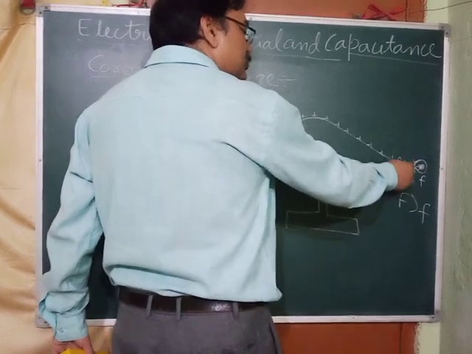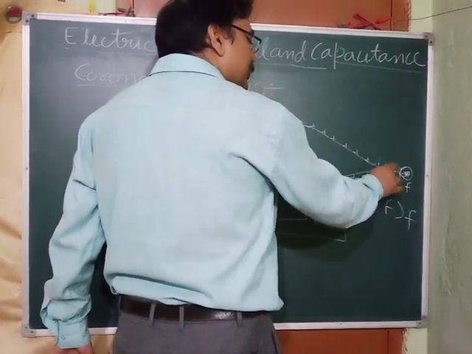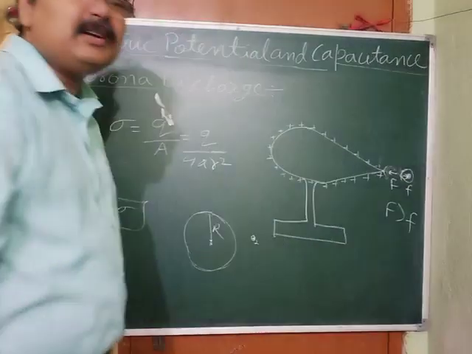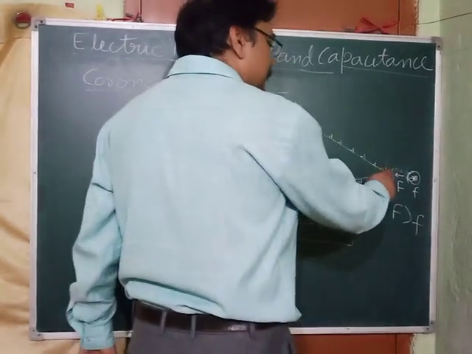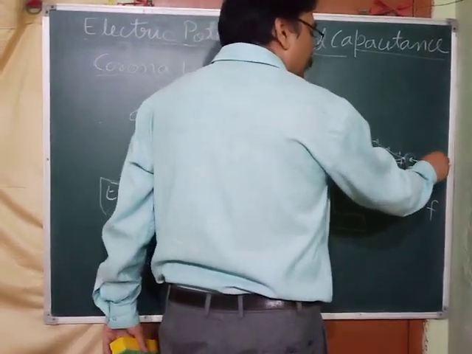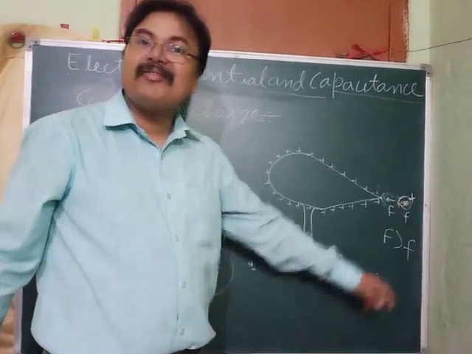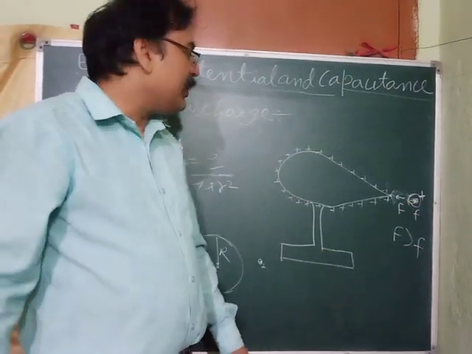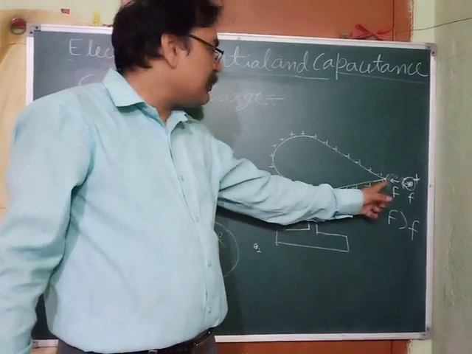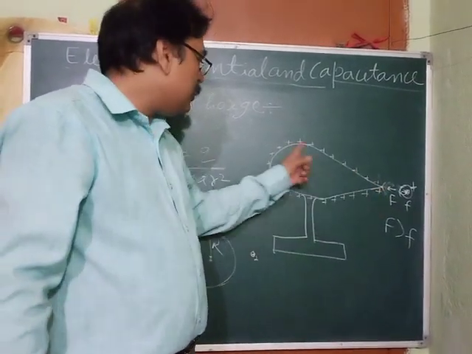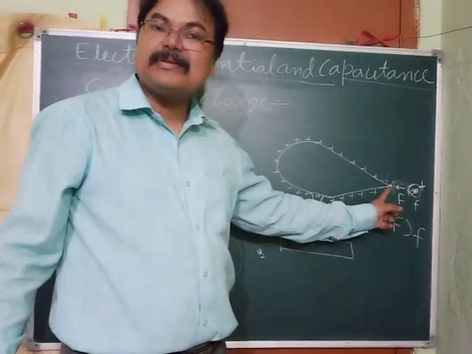So this positive charge and this electron, what will they do? They will neutralize each other, and so here the charge will disappear. And as the positive charge disappeared from here, what will you find? This will become positively charged. Why? Because it has lost the electron. Again, as the charge has disappeared from here, the potential here has gone to 0. Here the potential is higher than at other places. So again the charge will move to that pointed place.